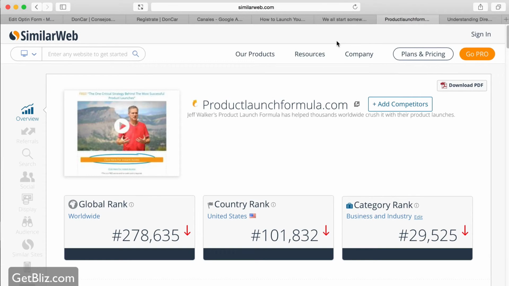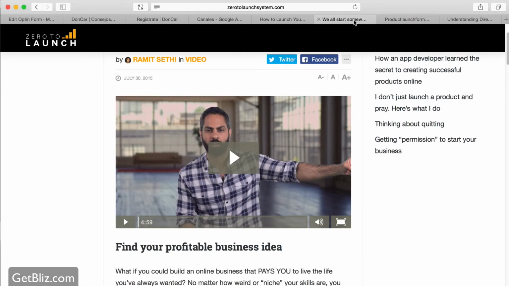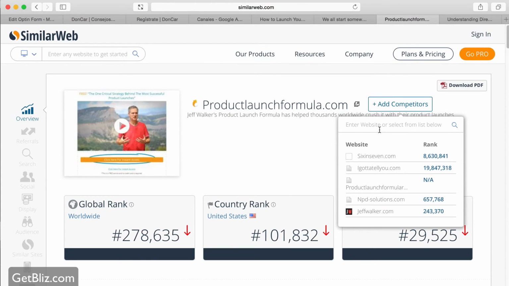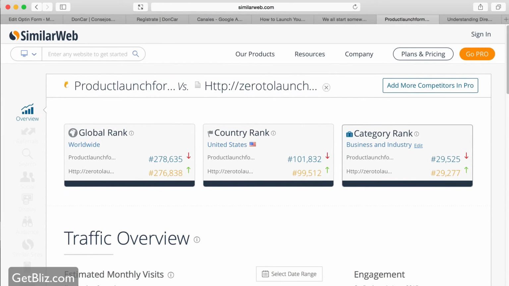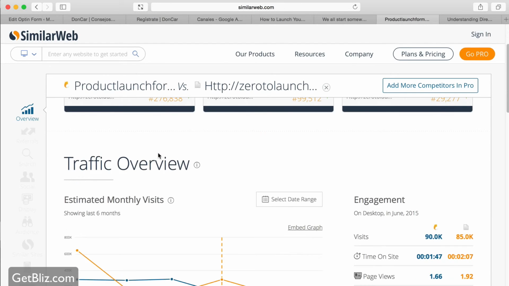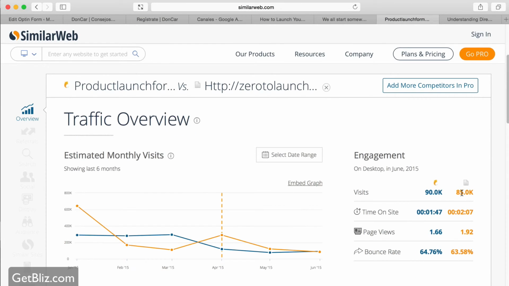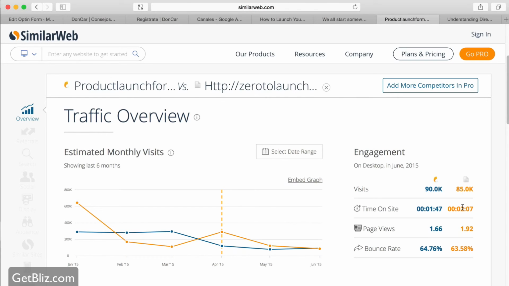An interesting feature is that you can also add competitors. So let's say we want to see how one of Jeff Walker's competitors is doing. We could simply go and paste his URL, add competitor, and see how Ramit Sethi is doing. And it turns out that traffic-wise and ranking-wise, they're very similar. There's a little bit less traffic for Ramit Sethi, but people spend a little bit more time.